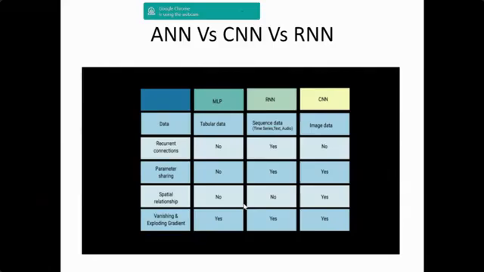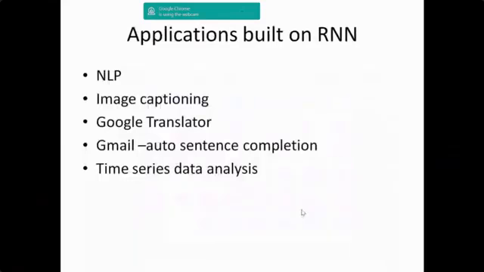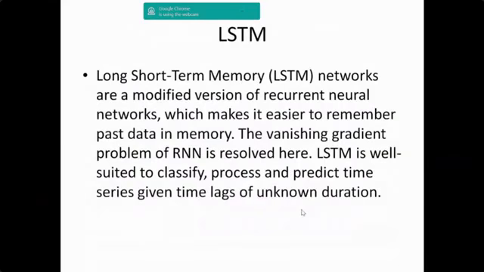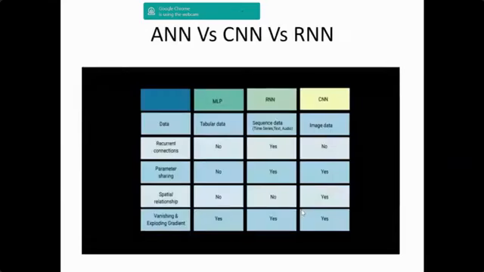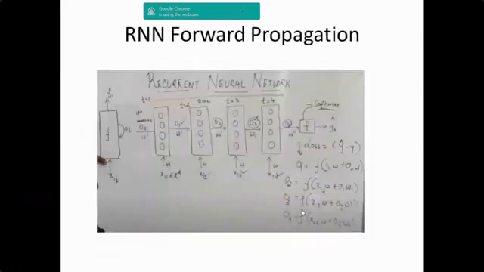Okay, that is called spatial relationship. Vanishing and exploding gradient is there with all of these. But when we see the CNN with LSTM, that is where those things could be overcome. This is a small comparison between these. And there is forward propagation and backward propagation. So that is what we do.